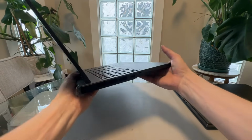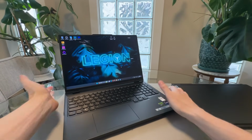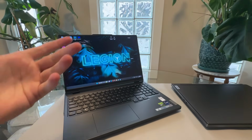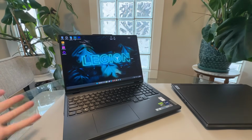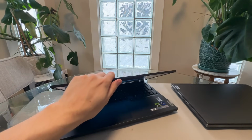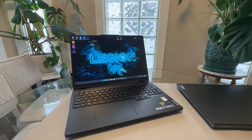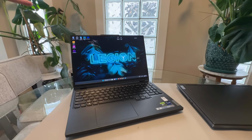It looks more professional than your typical gaming laptop full of RGB. You can turn on the RGB if you want it, but it's not just full of all those things. You can use it either way. It can be a professional laptop. You could take this with you to even meetings and things like that. And it looks pretty professional. It's a dark metal, no flashiness to it. It's nice and subdued, but it has a very kind of industrial, clean design to it. So it has a professional vibe to it, but it's also an incredibly powerful gaming laptop,